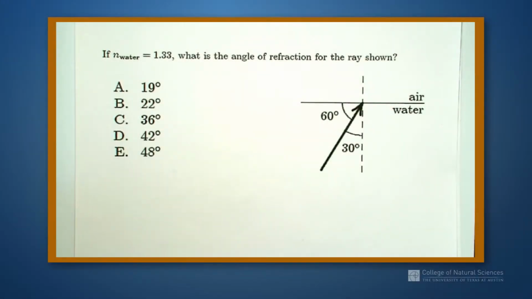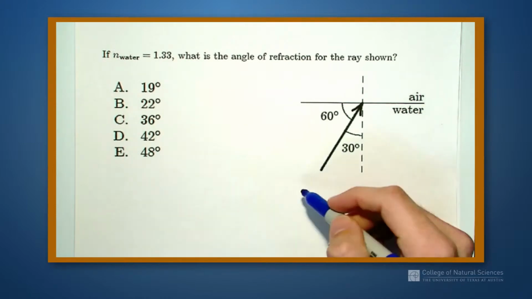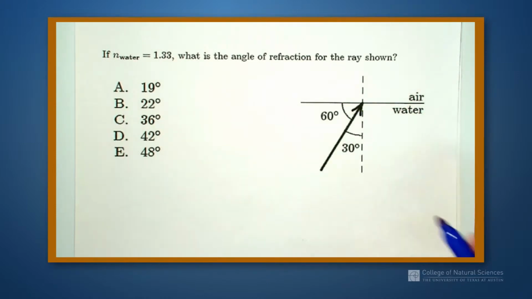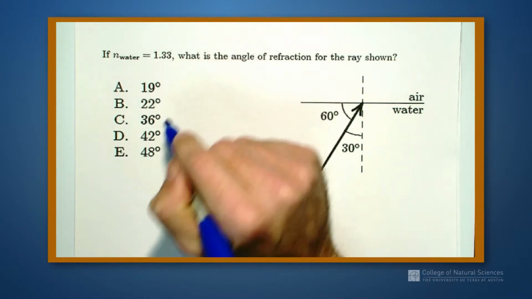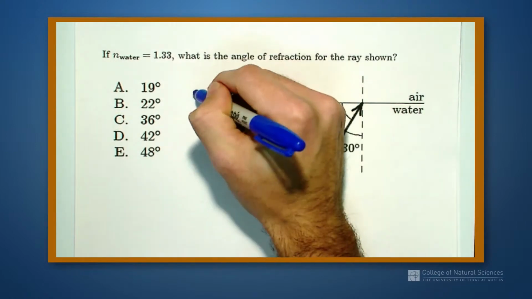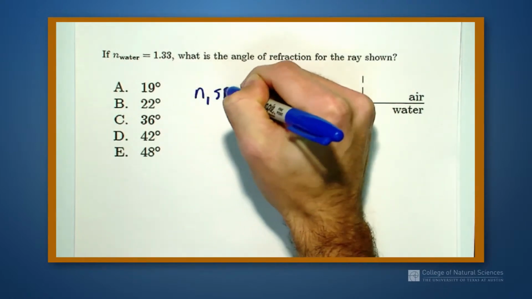Let's take a look at this problem. It says that if we have an index of refraction of water being 1.33, what is the angle of refraction of the ray shown? We want to be careful on this one because we're going from water into air, as the arrow indicates. So when dealing with index of refraction and what angle something refracts at, we know we're